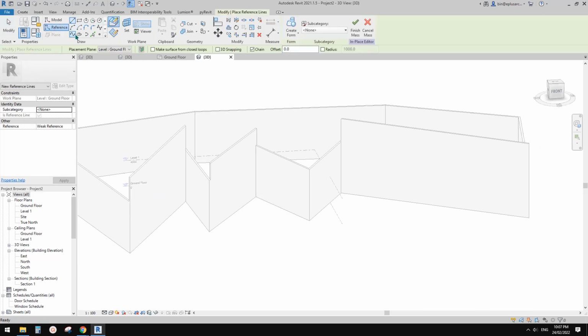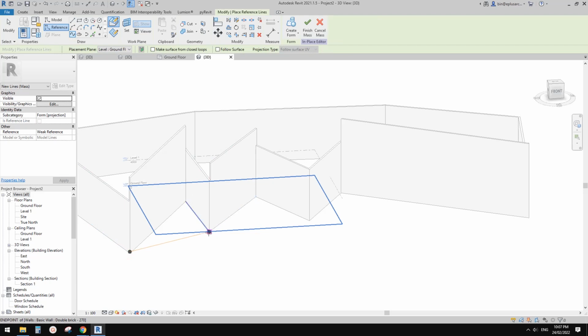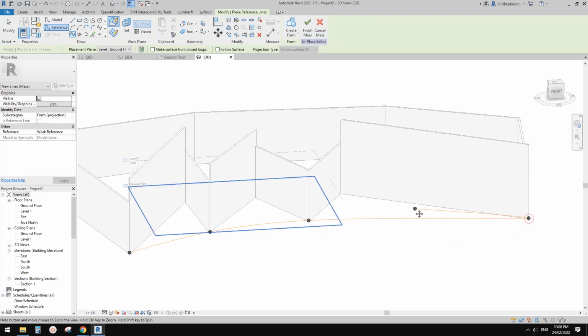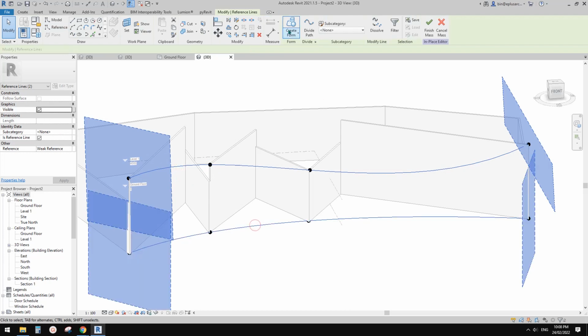If you want to create curved, you can use spline through points. So for example, I'll just place some points following this wall, and maybe do this,